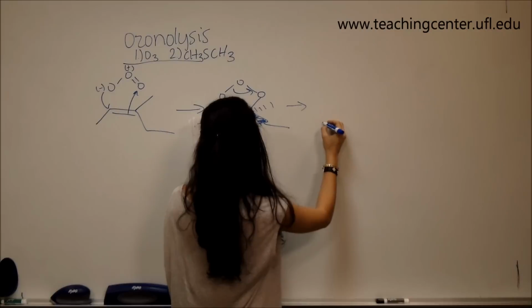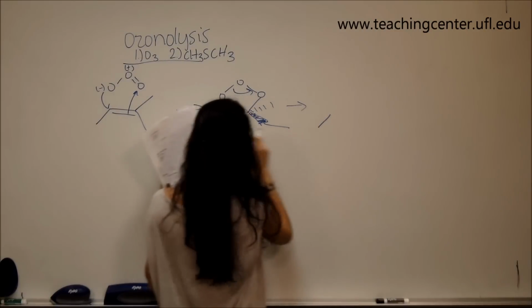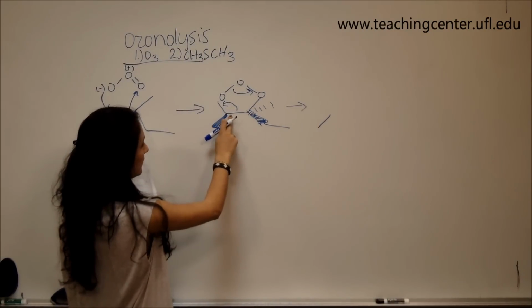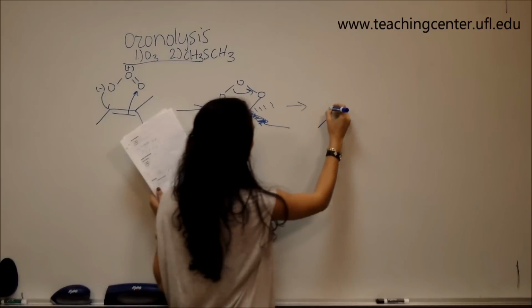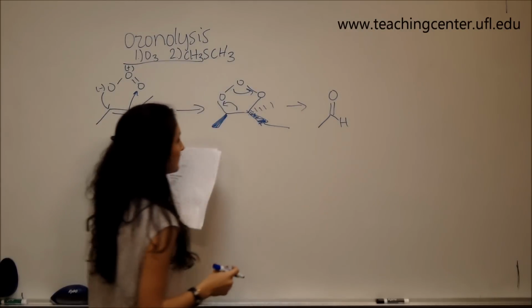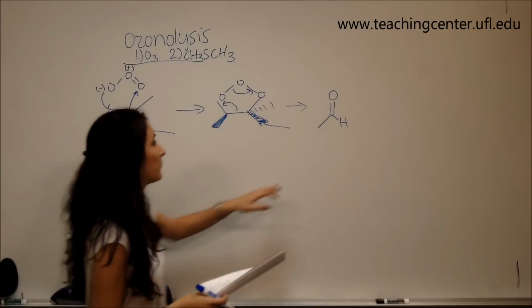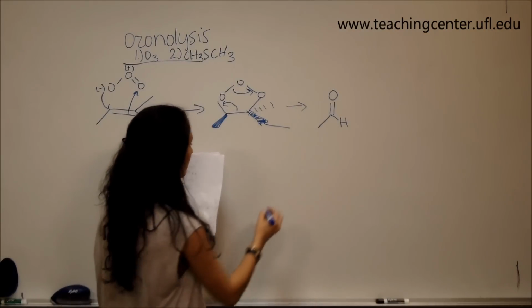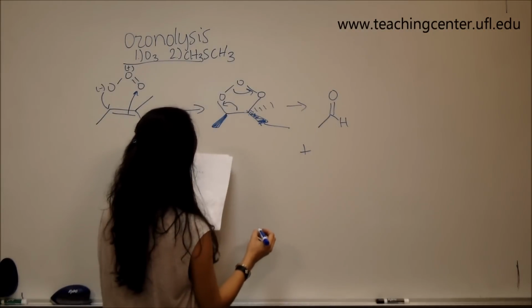So you have a carbon that's attached to this carbon, which is double bonded to this oxygen. Typically you write the H because it's an aldehyde. So you end up with one aldehyde. What else did we end up with? We also ended up with